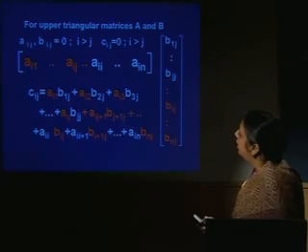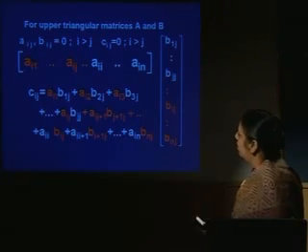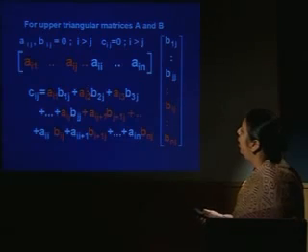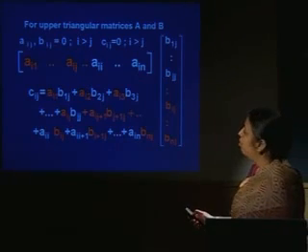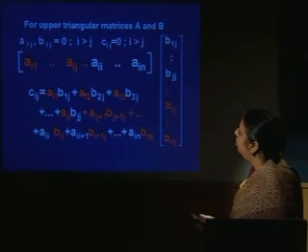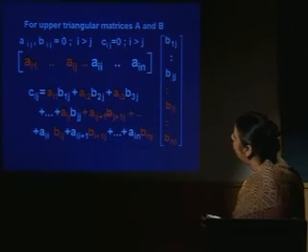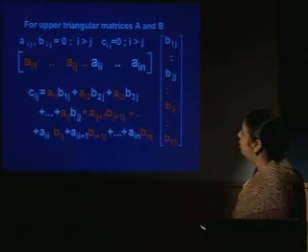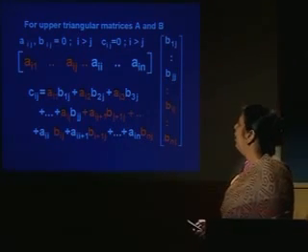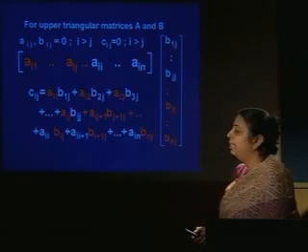Now one can notice that in this every term involves an orange element, that means 0. So this is 0 because of this 0, this is 0 because of this 0, this term is 0 because this term is 0, and here both of them are 0, same thing happens here, and that means Cij is 0 whenever i is greater than j.